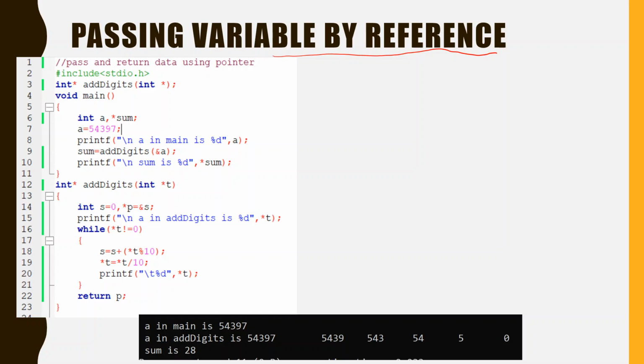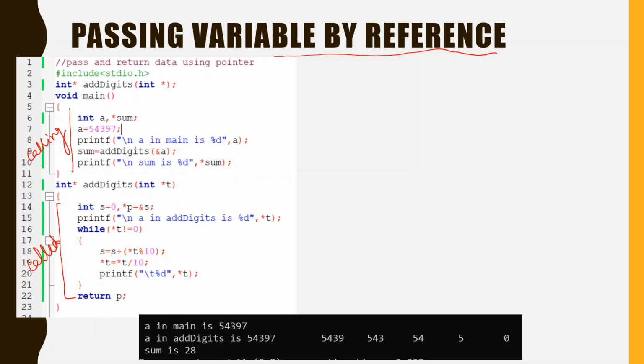Okay, so let us see this concept with the help of this example, where the program is for adding the digits of an integer that we saw in the previous lecture video. But here we will now convert this program into passing variables by reference. One thing you have to note here is that no actual argument will be passed in the form of its value. Instead, the reference to the parameter is passed. From this particular calling function, this main is the calling function, and this add digits is the called function.